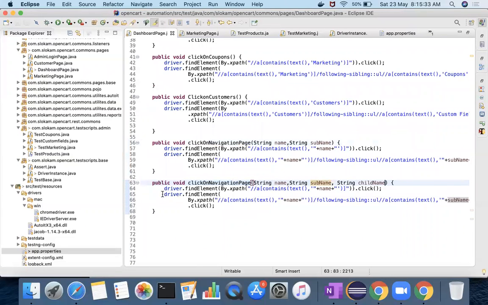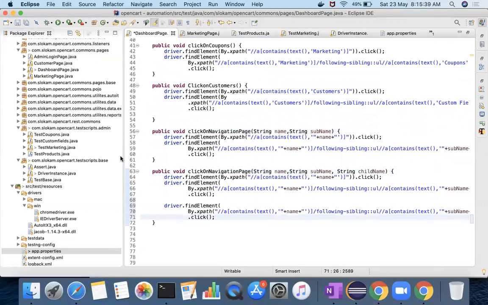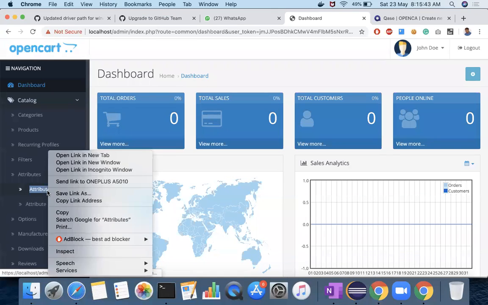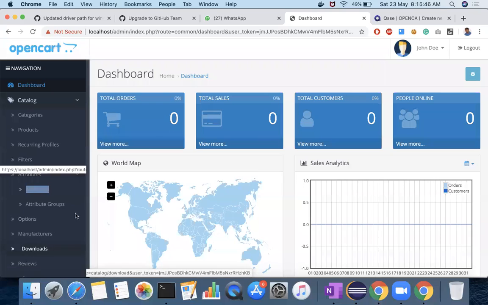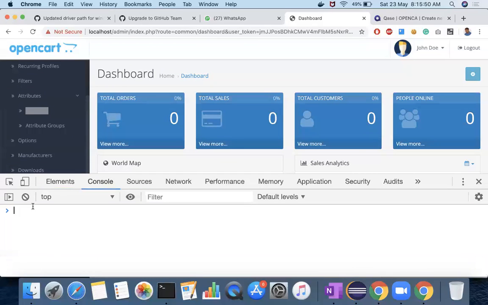And you add one more. How do you identify the third one? If you see, you want to identify this one. So the previous one, how did I identify it with $x?